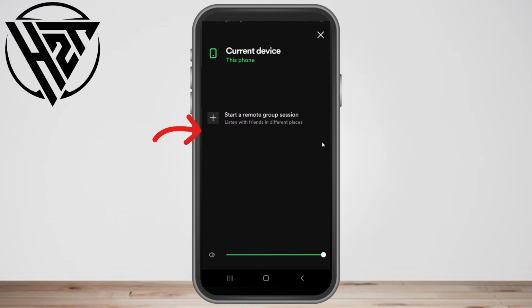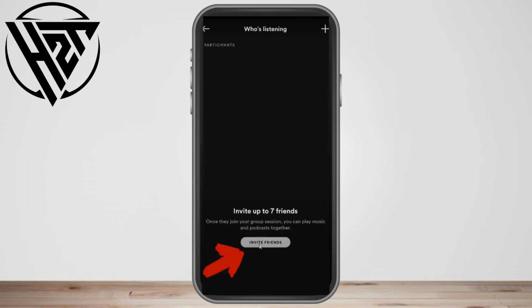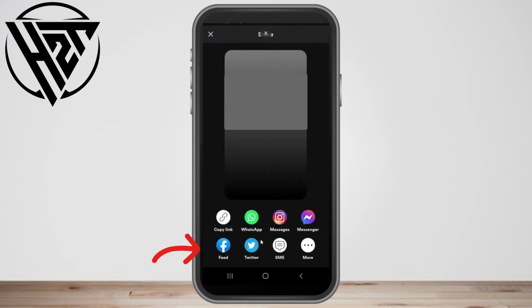So what you want to do next is to simply click this one or this plus button here. Now, once you tap that, you will see an option that says invite up to 7 friends. So what you want to do here is to simply click invite friends and it will take you directly to